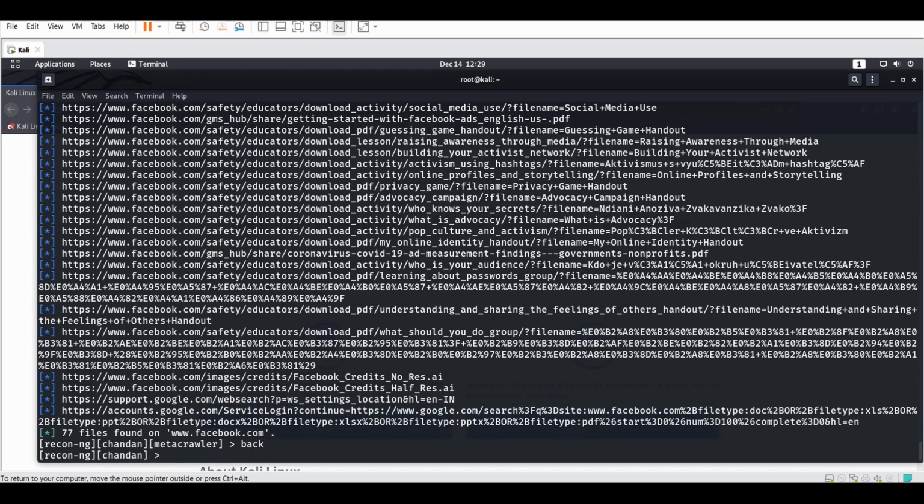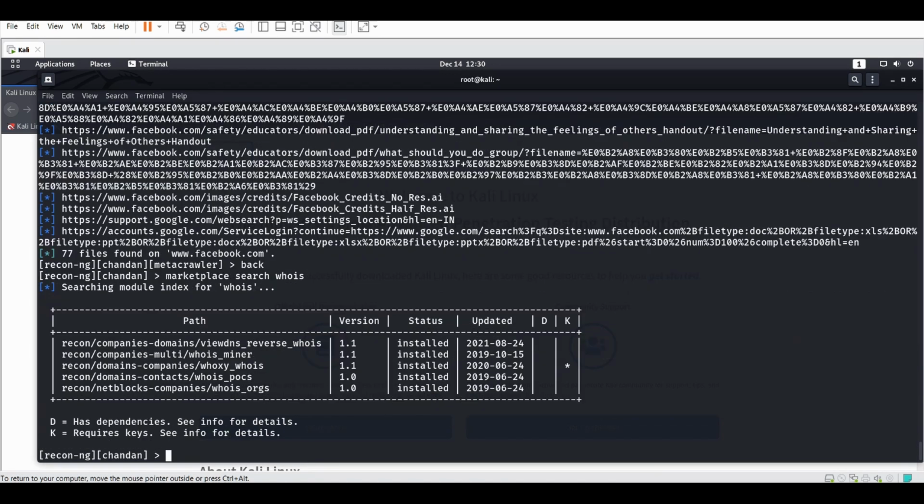Now if I go back, okay, now if I write marketplace search quiz, okay, and if I write modules load with the module name, whatever the workspace name.